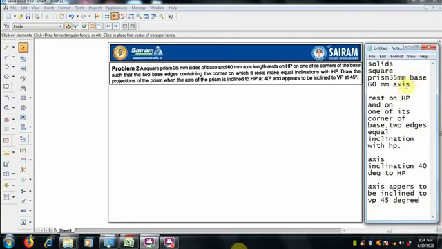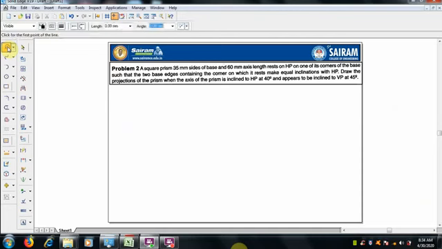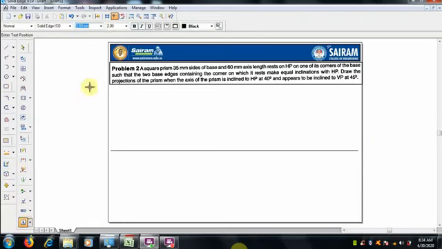So it's a projection of a solid square prism. Given data is a square prism resting on HP on one of its corners. Let me draw the first initial position. Select a line of 0.13 mm thickness. Select the scale, X and Y. Above the reference line is the vertical plane VP, below it is HP.